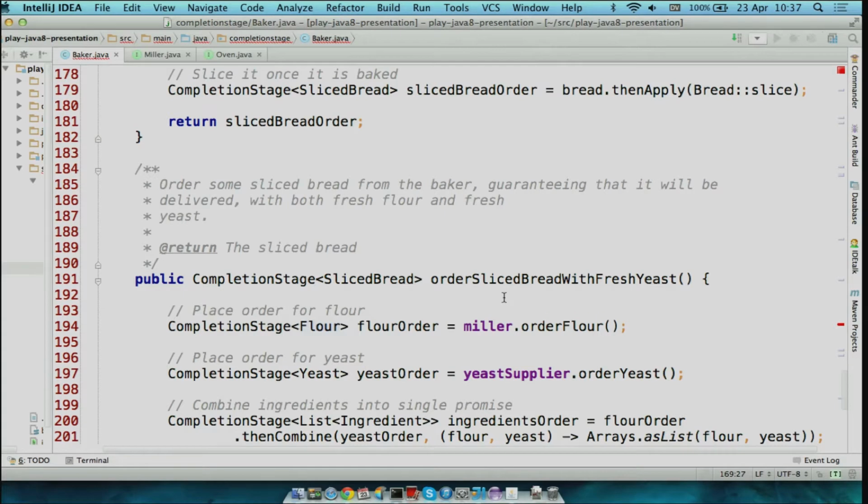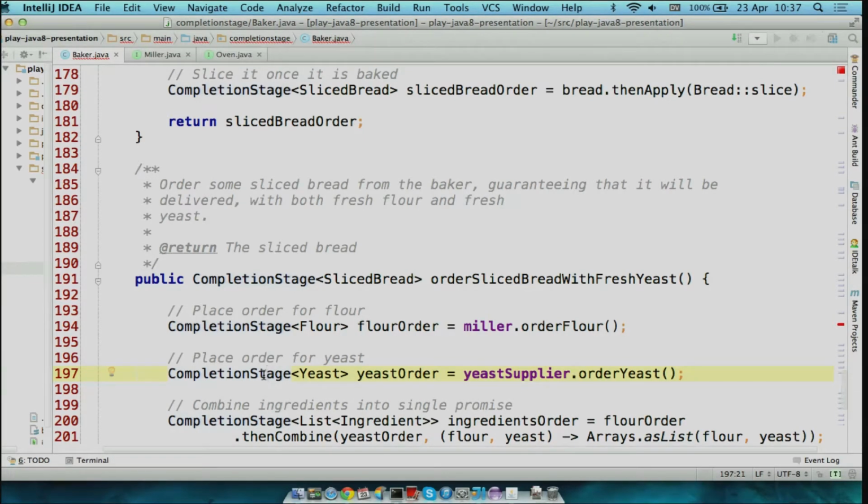And orders fresh yeast when they want the bread. Now, because order yeast also returns a promise for yeast, you could then compose the order for the flour with a new order for yeast, and then have your yeast and flour order there.